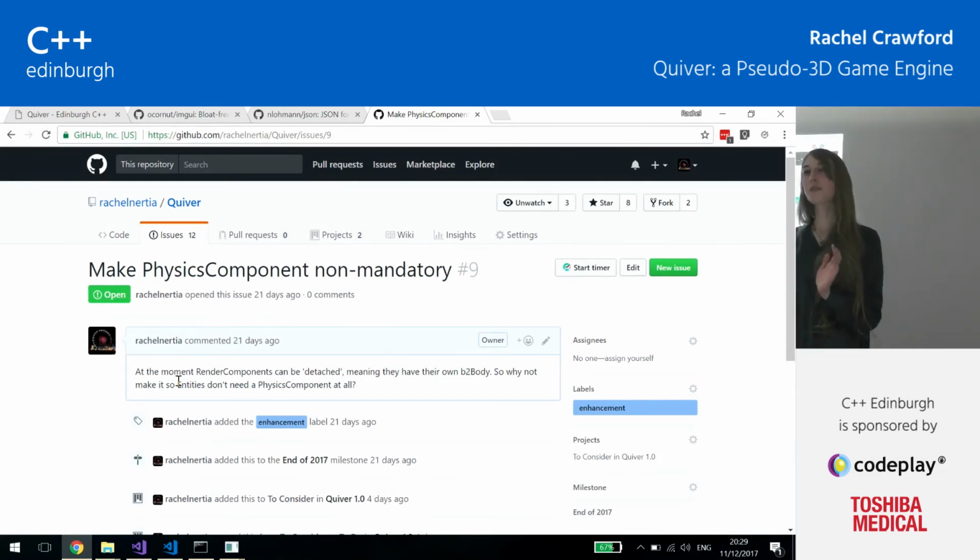That's going to break a ton of serialization stuff, and all of my levels are no longer going to be able to be loaded in. But that's okay, because they're all rubbish. So,